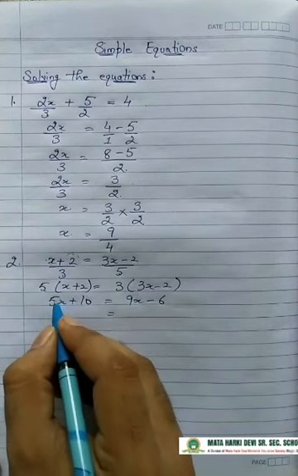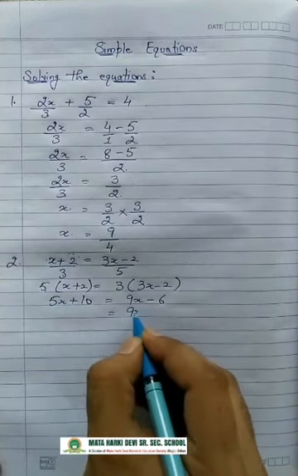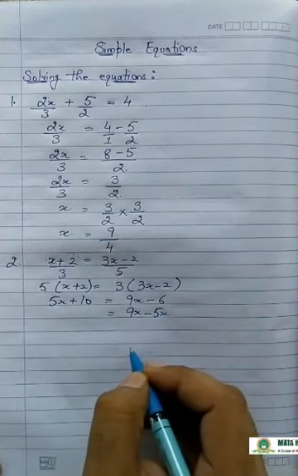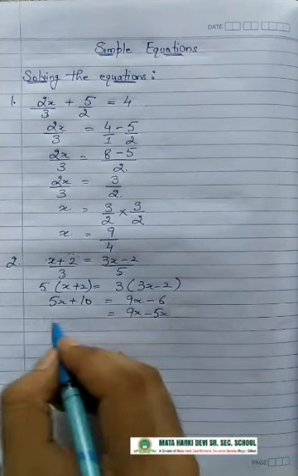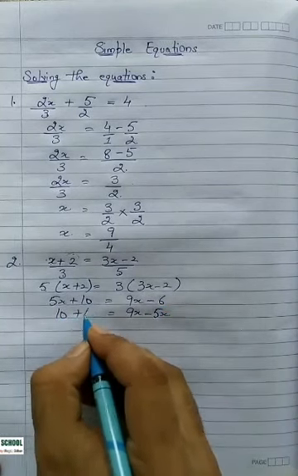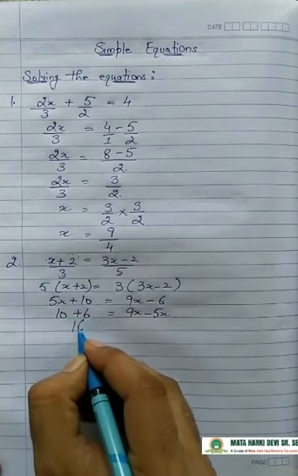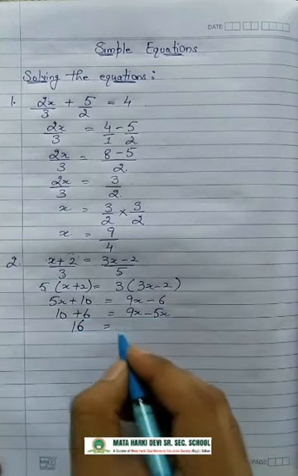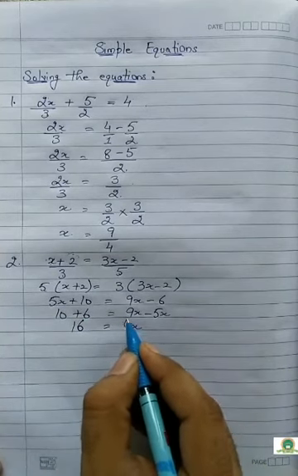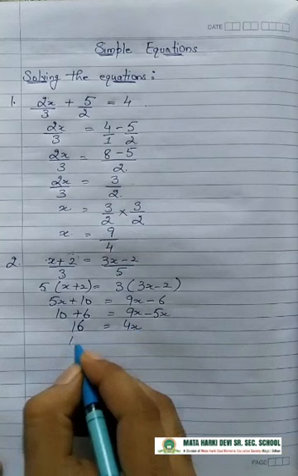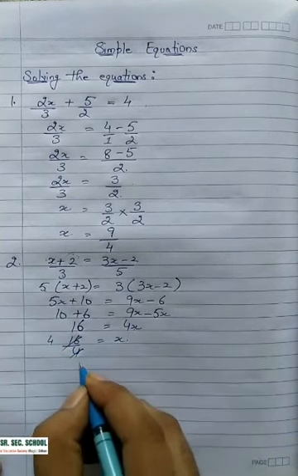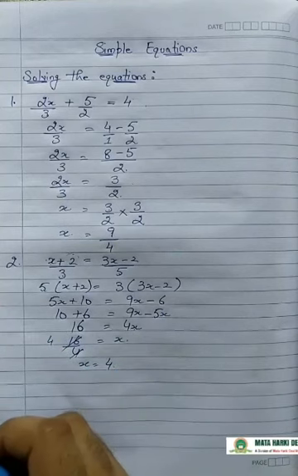So I am taking 5x to the right side, 9x is positive, and it will become a negative number. So take this 6, it is negative, it will become positive here. So 10 plus 6, that is 16. 9x minus 5x, that is 4x. So 4 is multiplying with x, take it to this side and divide, and you will get the answer. So x is equal to 4.